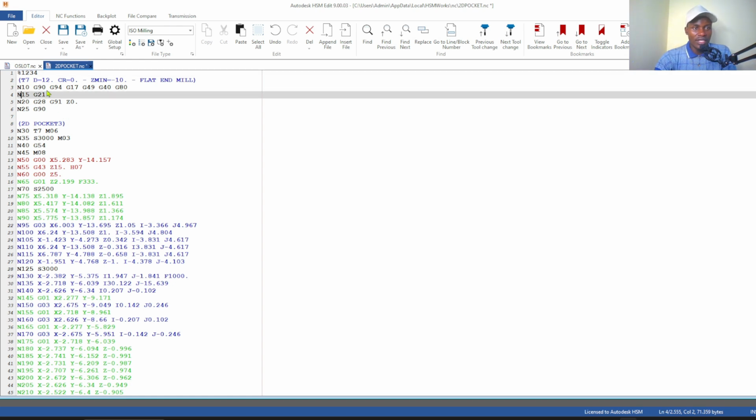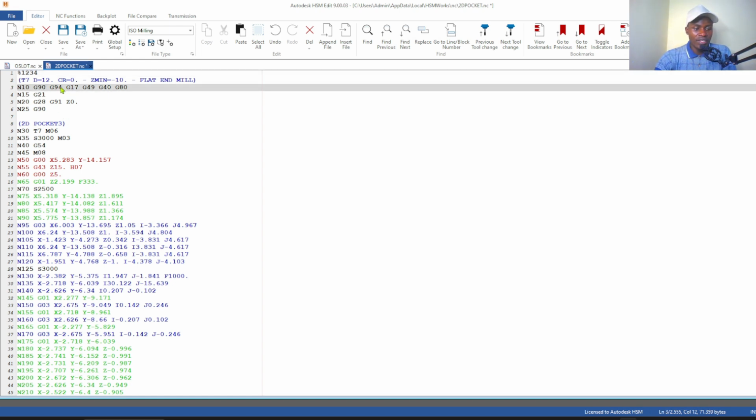So G90 absolute positioning, G94 feed rate per minute, G17 XY plane, then G49 cancel tool length offset, G40 cancel tool radius, then we go to G80 to cancel canned cycle that we set earlier, maybe during the drilling or boring operation.